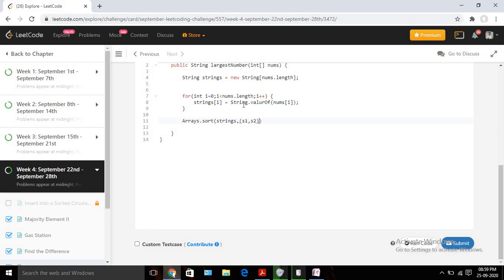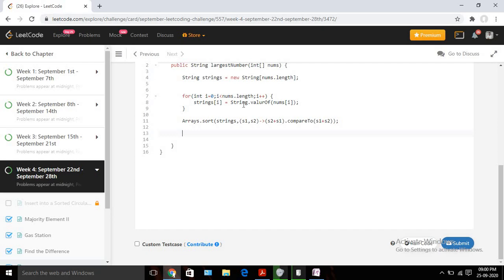We check s2 plus s1 compareTo s1 plus s2. Whatever combination forms the larger number, we are going to consider that.